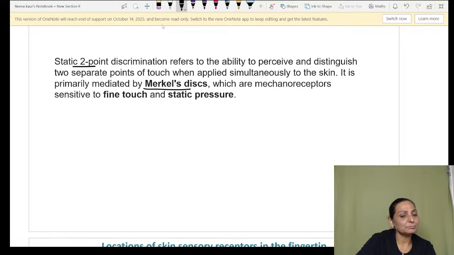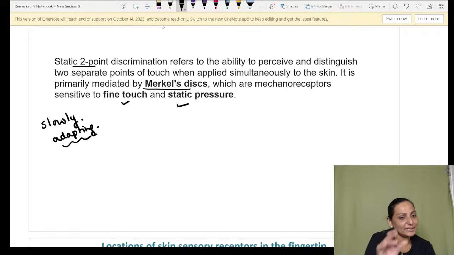The reason is that Merkel's disc are slowly adapting receptors. They are not adapting fast. They are slowly adapting receptors. Especially for fine touch and static pressure. What is 2-point discrimination? You know, there is something which is called as a compass aesthesiometer, like this. And this helps you to detect the minimum distance which is required for any area to perceive it as a